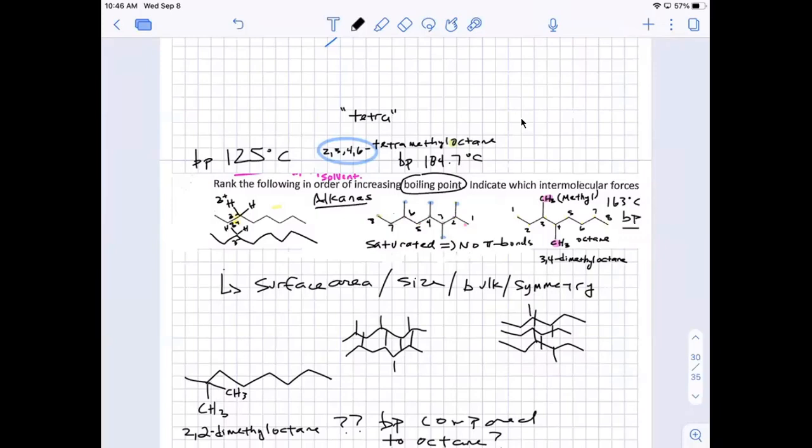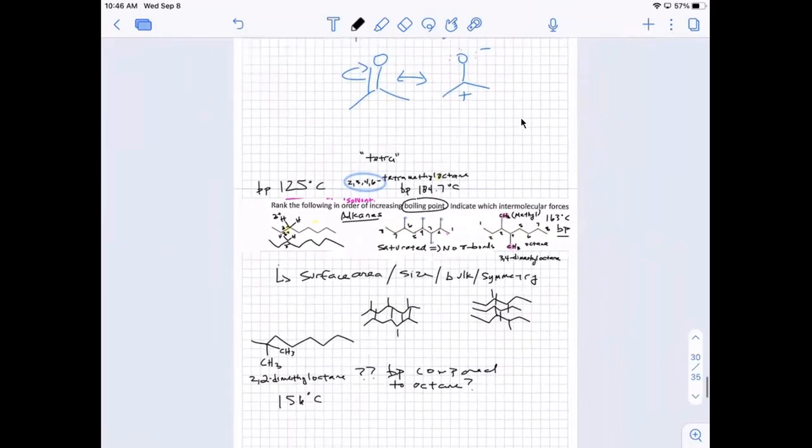All right. Any questions about physical properties? Any questions about intermolecular forces? Any questions about any of that? So you made a comment about all of them being van der Waals. What is the indication that it's van der Waals? Because there are no other functional groups present. Gotcha. Yeah, it's all just carbons and hydrogens, right?